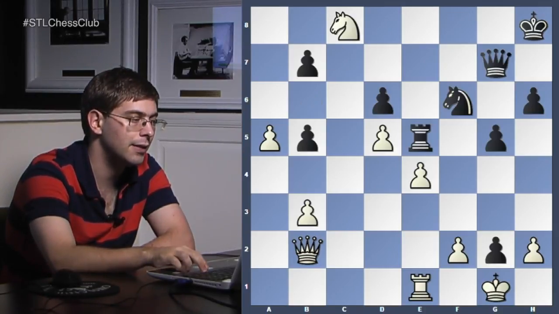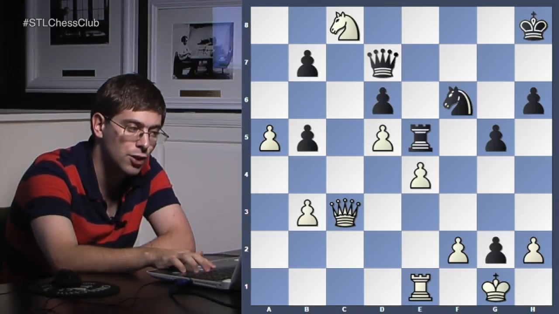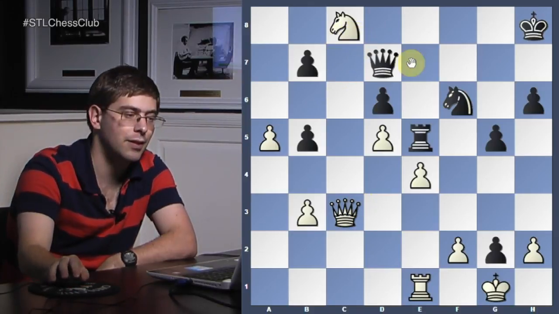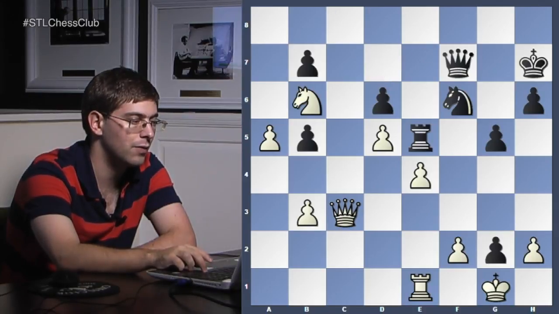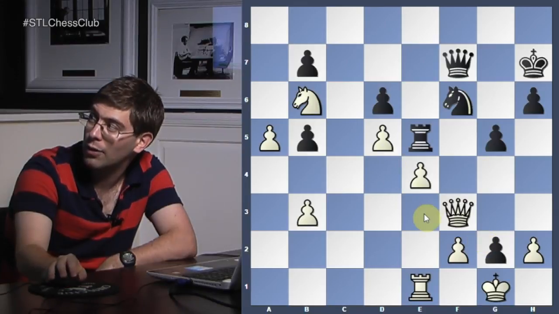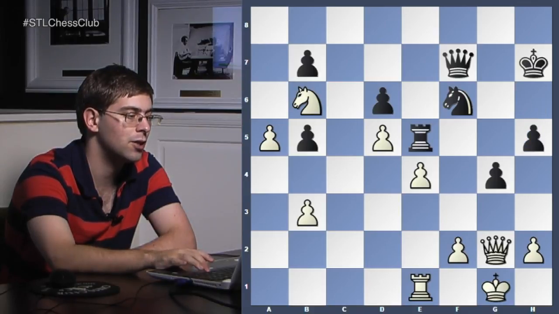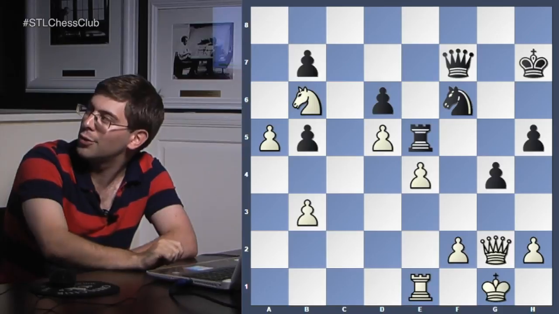Rook takes C8, knight takes C8, queen D7, queen C3. A very strong move. Planning to invade on the C line while defending the C8 knight. King H7, knight B6, queen F7, queen F3. Bringing the queen closer so the king will have some defenders around it. G4 takes, H5, F4. Now F4 is a bit too aggressive